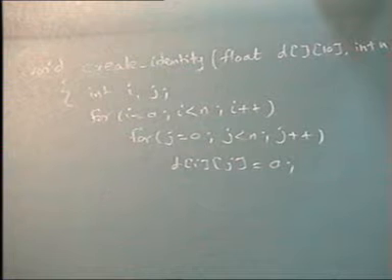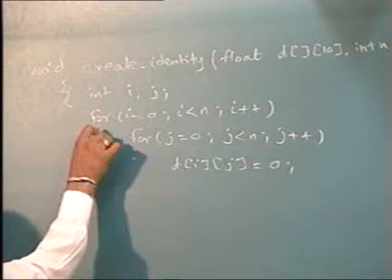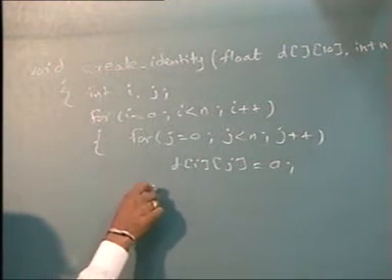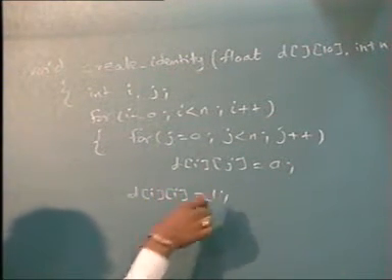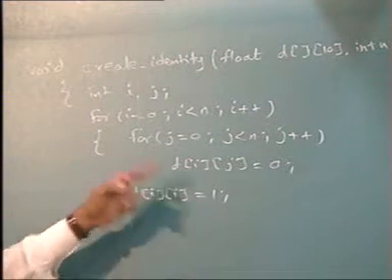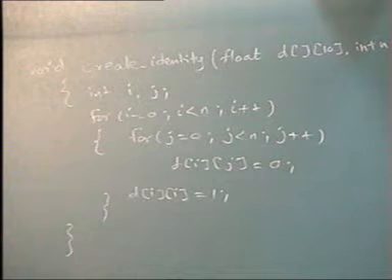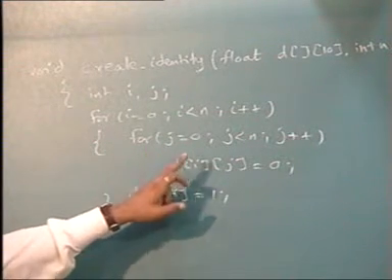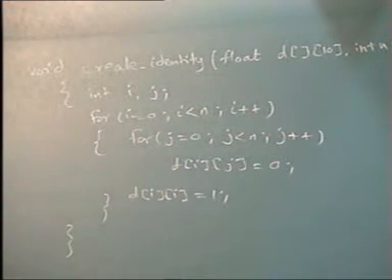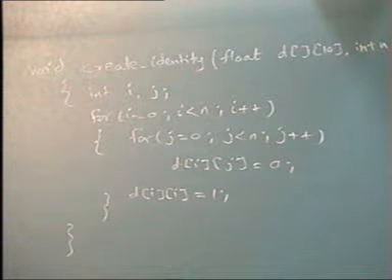Whereas we want the diagonal elements to be 1. This will set all the elements to 0. Once that entire row is set to 0, I will exclusively say that d of ii should be 1. Right? I am first making the ith row fully 0 and replacing the diagonal element by 1. So this will do it without any check. If you write it with a check, otherwise you will have to say if i equal to j, then d of ij equal to 1, otherwise d of ij equal to 0. But that condition will make the program slower. Instead of that, eliminate the condition, let one assignment be extra.